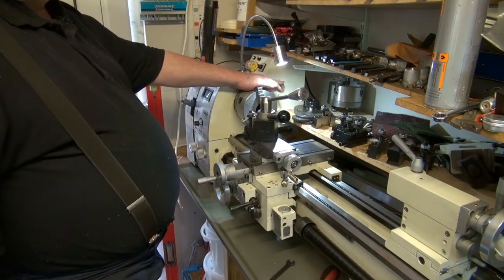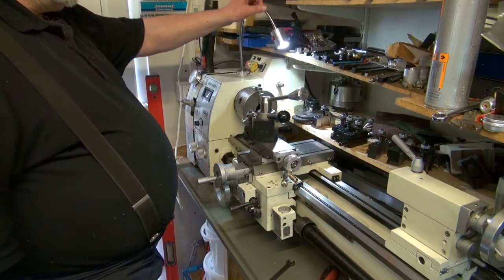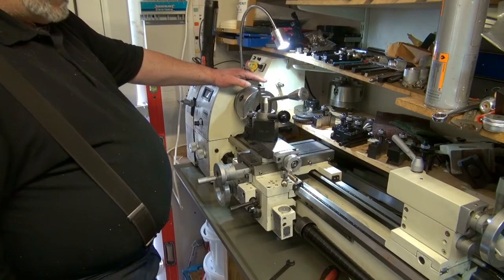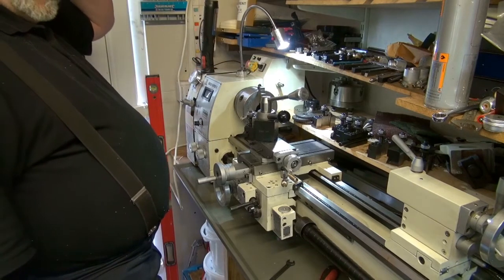I removed the safety equipment, as you do. That's the hood that comes over the chuck. I couldn't cope with that. That was driving me, well, I am insane already, but it was pushing me further down the road. Anyway,